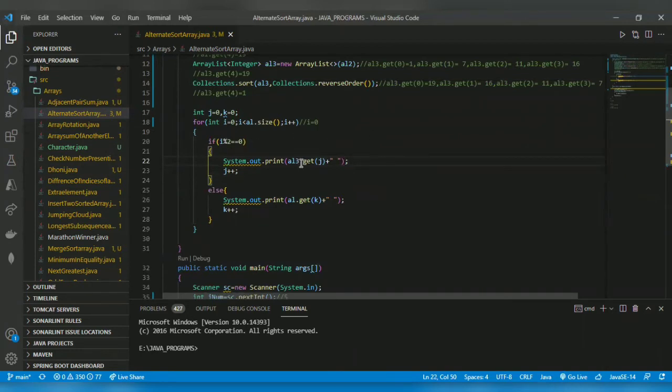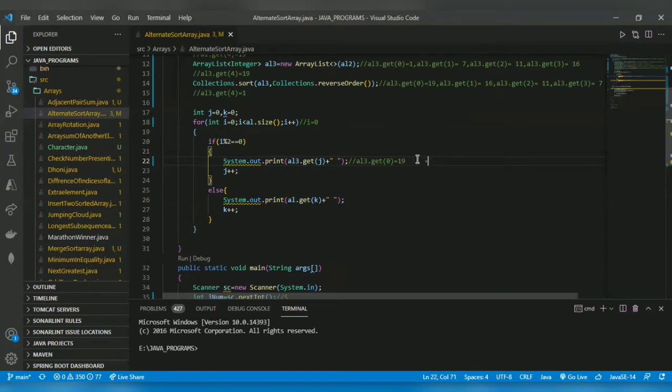It will print al3.get(j), where j is 0. So it will print al3.get(0), which is 19. 19 will get printed here.